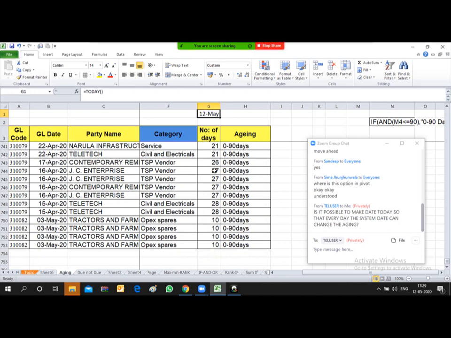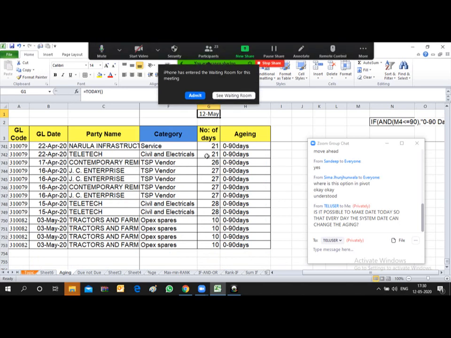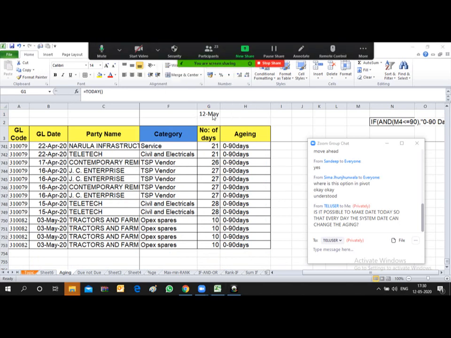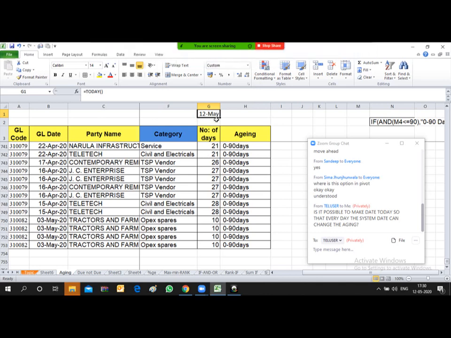So friends, whenever you are opening this Excel file, the aging will be updated automatically. The use of this today function is that instead of mentioning 11th May, yesterday's date, you can just type today, and the aging will get updated automatically whenever you are opening your file the next day.